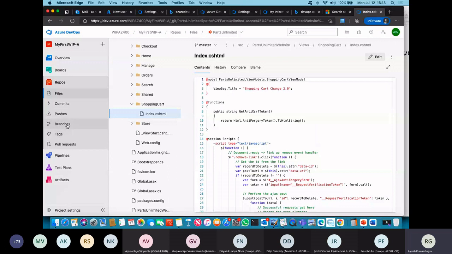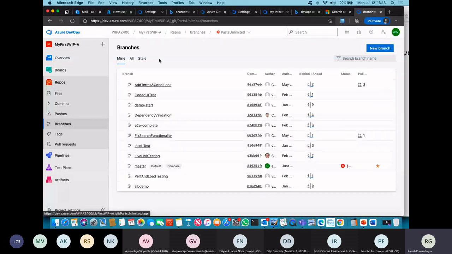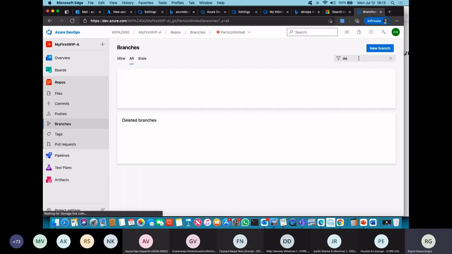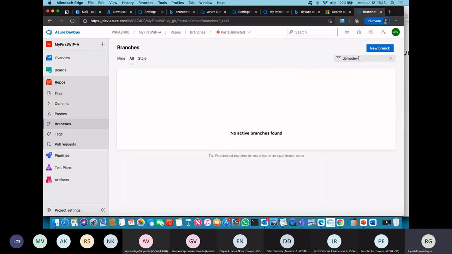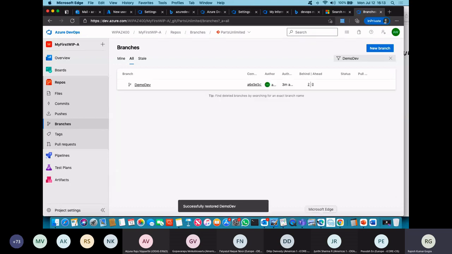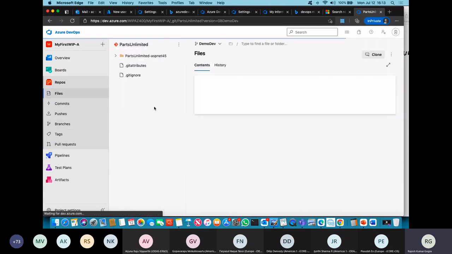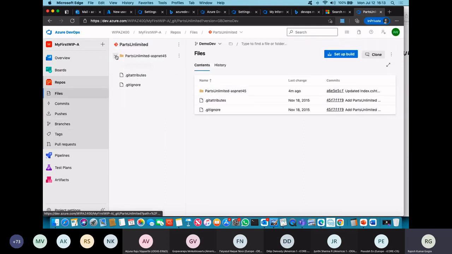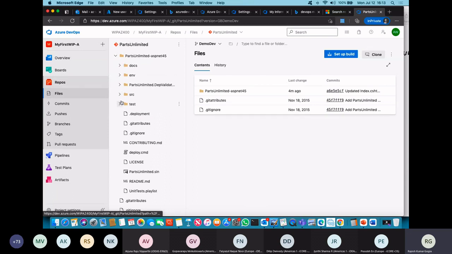See, that branch is not available. If I'm looking for those branches, they are available for retention for 30 days, so you can retrieve them. So say demo dev. This was the name, right? But it's not able to figure it out. It should be the exact same name with the same case. See, then only it will be visible. So now I can say restore. Now if I go to that branch and see the change which we resolved with the conflict,